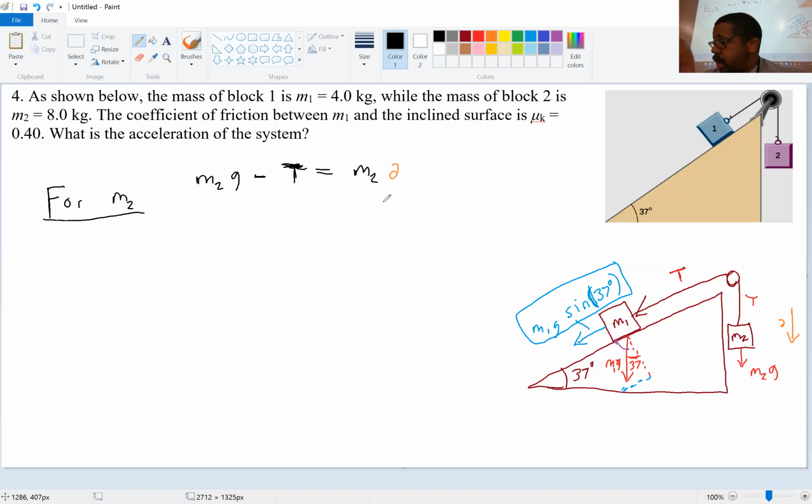Yeah, because let me also draw a free body diagram with just M2, because he has that on there. So we've got tension acting this way, and we've got M2G, G acting that way, with acceleration acting in that direction. And so if we solve for